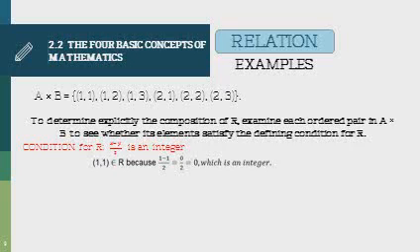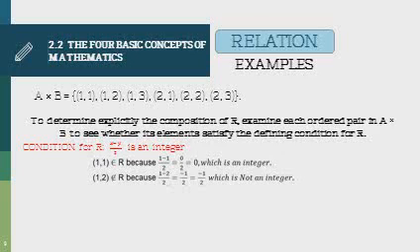1 minus 1 over 2 equals 0 over 2 equals 0. So remember, kapag ang numerator ay 0, the answer is 0. Pero pag ang denominator is 0, the answer is undefined. 0 is considered as an integer. Next one,